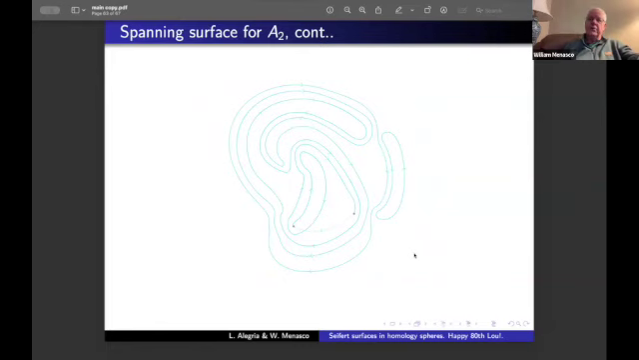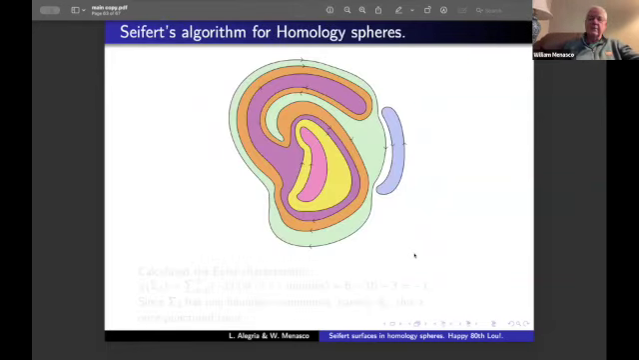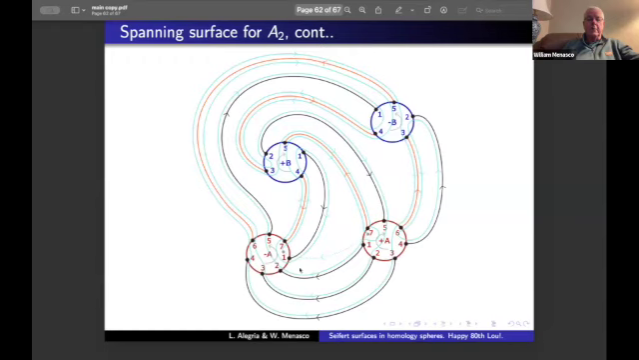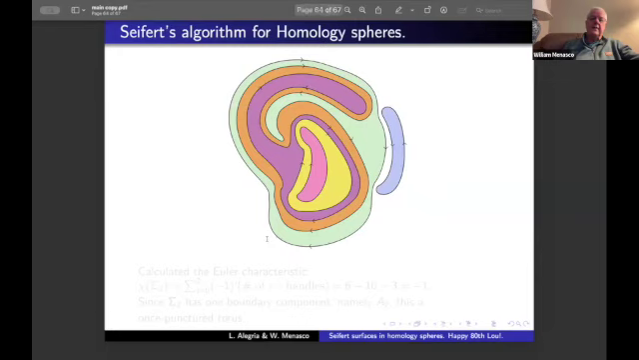Now we're doing Seifert's algorithm. We cap these guys off with disks. All right. Then you cap them off with disks, and then you add in that one crossing right here, and that gives you a Seifert surface inside the 0 handle. All right, but